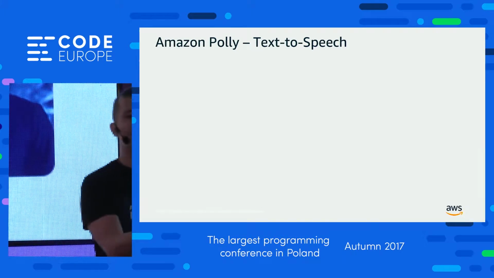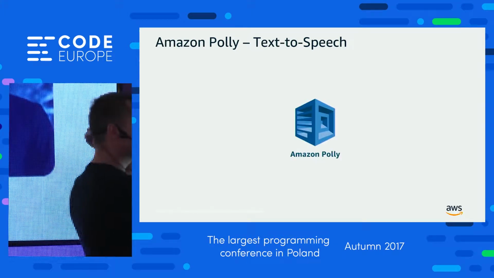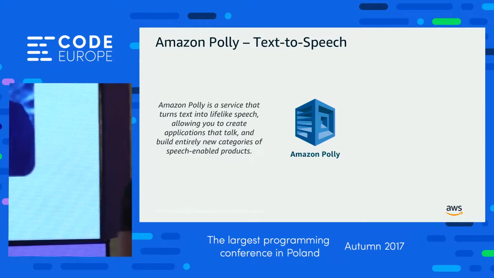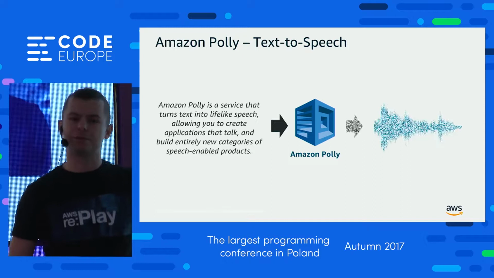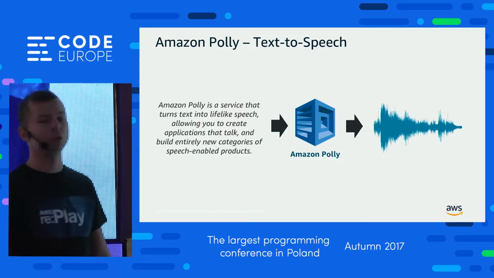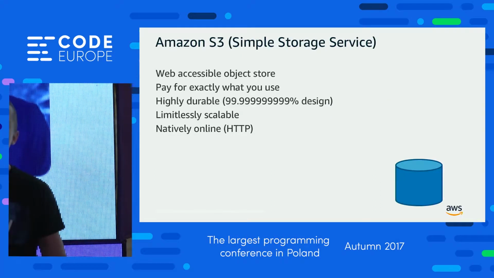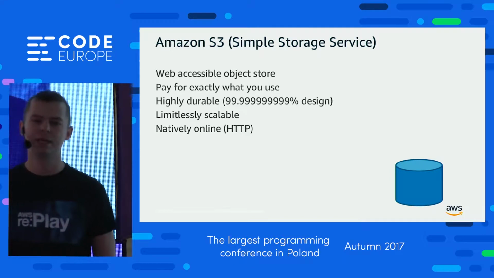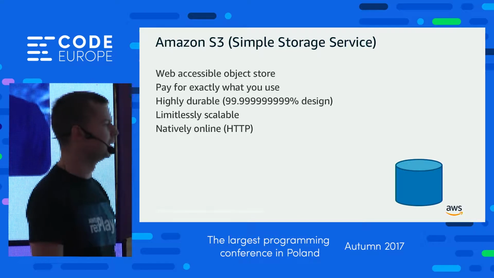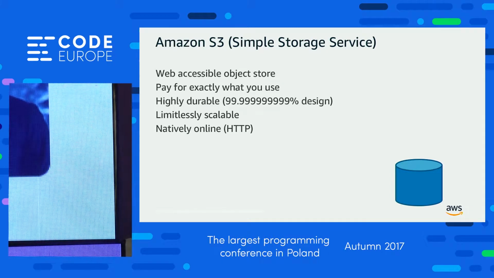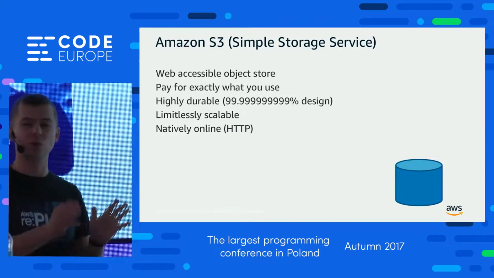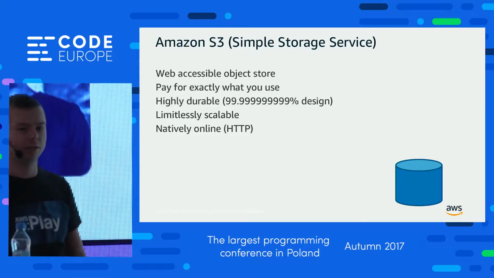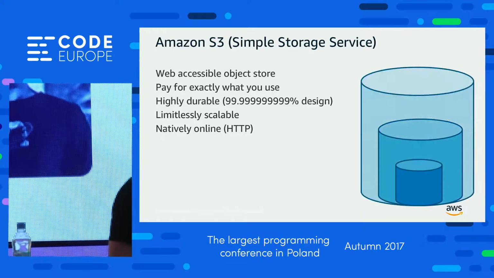So in short, this is a black box. You are not interested in its internals. You just provide a text in about 25 languages, also in Polish, and then the output of the service will be an audio file. The second service we'll use is S3, and probably S3 is the most popular service in AWS next to EC2, so next to servers. In short, this is storage. We just put data there and it just keeps growing. Dropbox outside of the USA uses S3 for storing customer data.